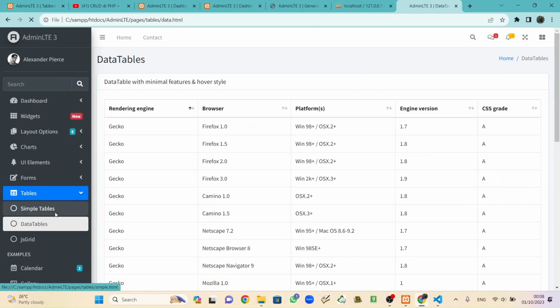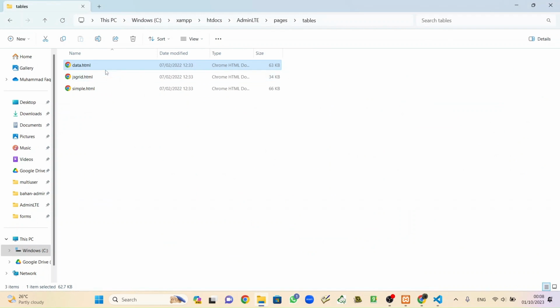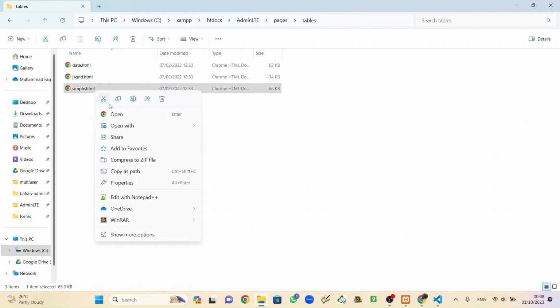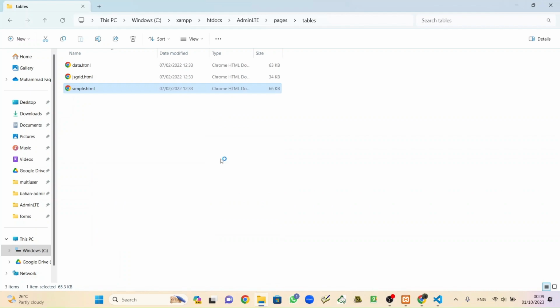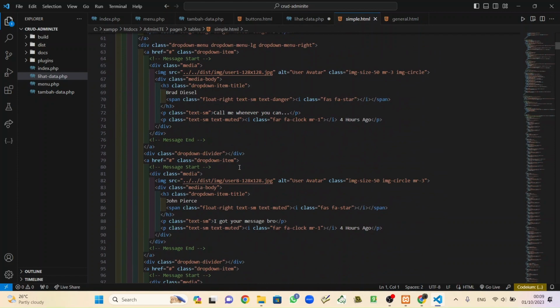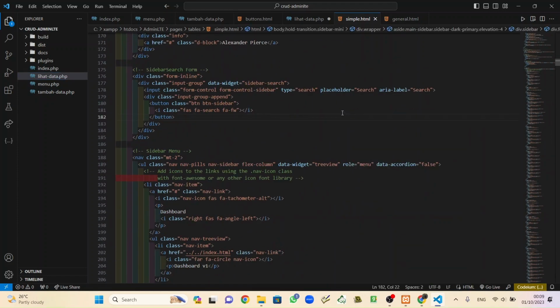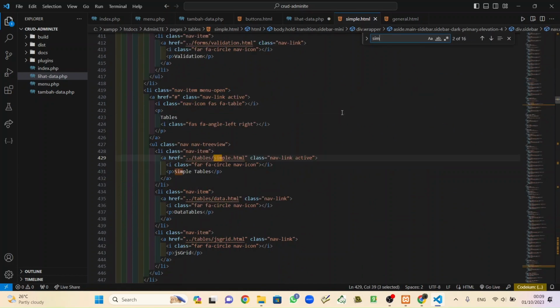I think same like other. Bordered table, simple table. Okay, simple. Open with Visual Studio Code and search for the first one. Control F. Simple. It's just this one. Simple. You found that.